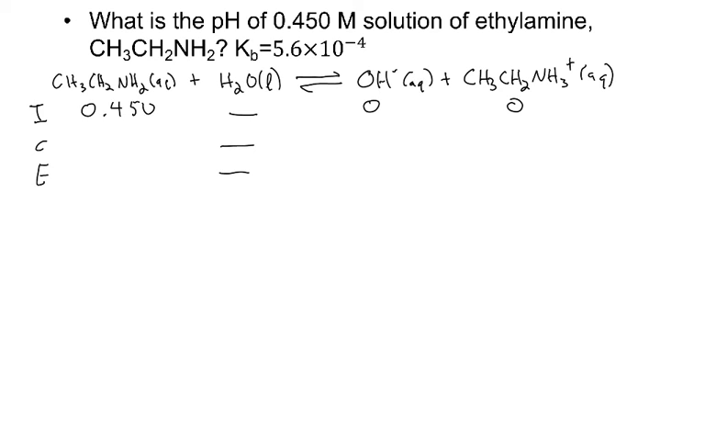Now, because the K is less than 1, I know that it's going to be reactant favored, but I know the reaction has to go to the right because I'm starting out with 0 products. So it's going to go to the right, but just a little bit to the right. So I'll make this minus X. So the hydroxide will be plus X. We have plus X. So at equilibrium,